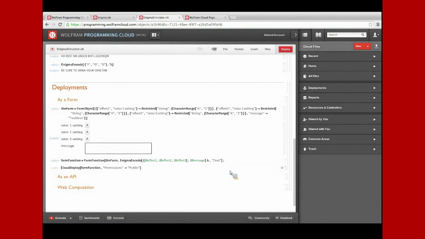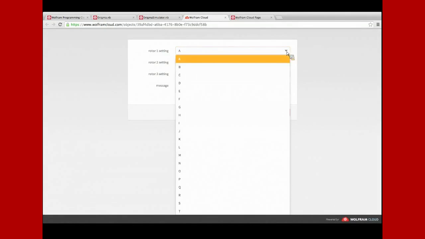And then I'm going to cloud deploy it. Now I want to emphasize something that surprised me the first time I learned about this. When you deploy a form function like this, you notice I just include this Enigma encode function. But when we looked up there was all sorts of other code that it was dependent upon. When you cloud deploy, you don't have to worry about that. We figure out all of the dependencies that the function has, and we make sure that the cloud object is set up with everything you need. So all you do is deploy something very simple like this. Behind the scenes, the magic happens, and you get a form that includes all the code necessary to generate a secret message. And so if we try this out,